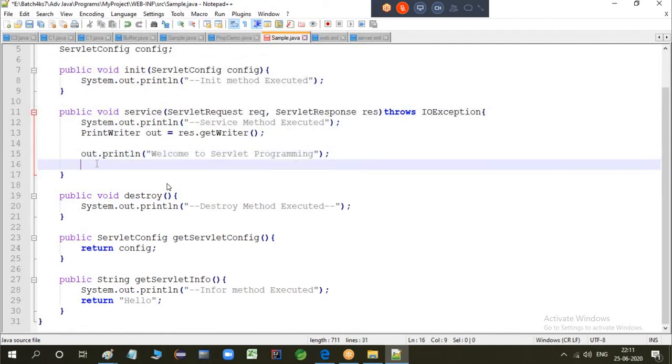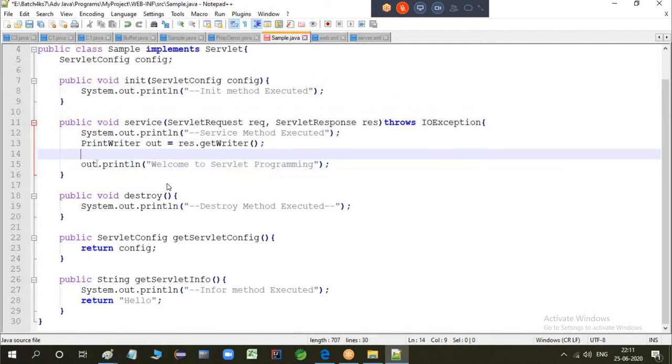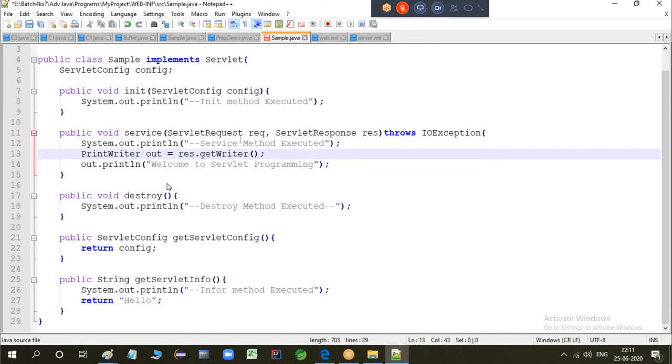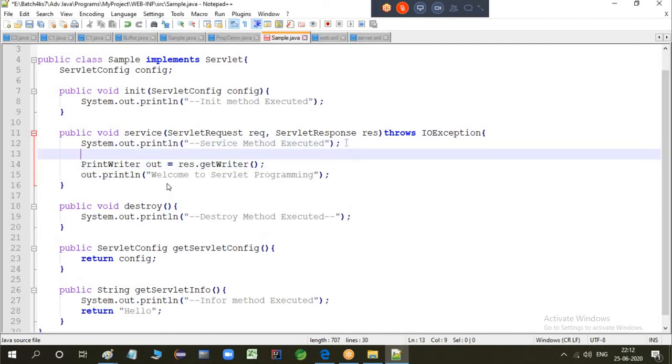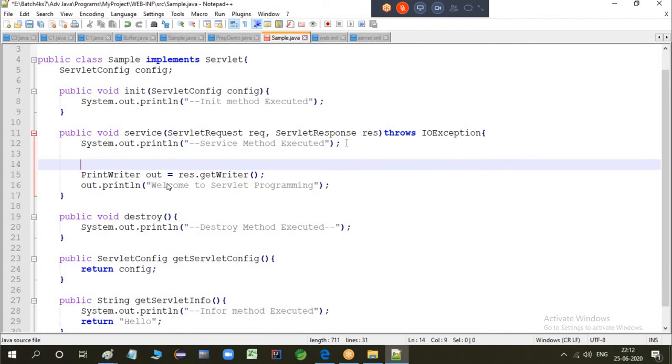Let's see the same thing. Like yesterday, I told you to try this example, and let's deploy this project one more time. Let me display the date. If you want to display a date, you can create a date object: Date d = new Date().